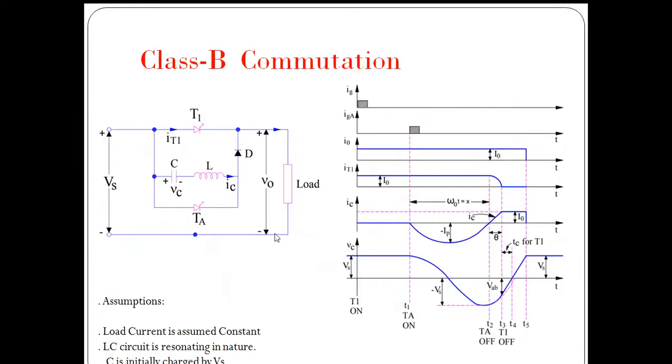So here, if we closely observe, this voltage will appear across thyristor T1. This current will not go through the load because the load impedance will be more than the impedance offered by the thyristor. That's why it will flow through the main thyristor T1 and reverse bias it. The capacitor polarity is reverse biased. This voltage will drive current and that won't go through the load. It will go through the main thyristor T1. So that is how the thyristor will be turned off in class B commutation.